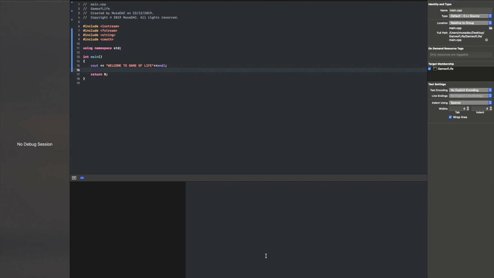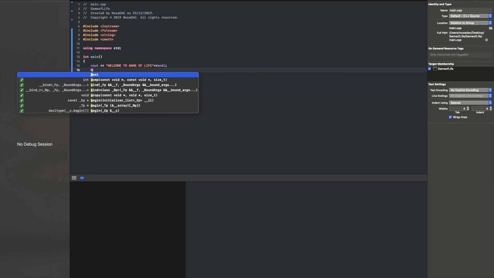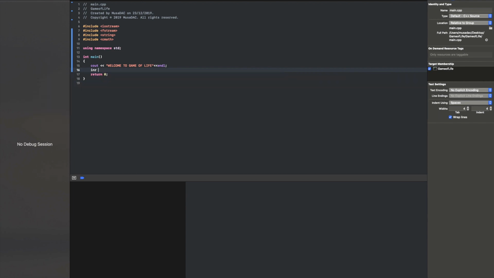So basically, we will start from writing cout, which I have already written. That is cout: Welcome to the game of life. The next thing we are going to do is we will initialize some variables such as int iteration. Iteration is the number of times the evolution will occur,